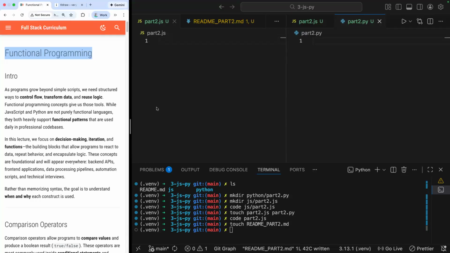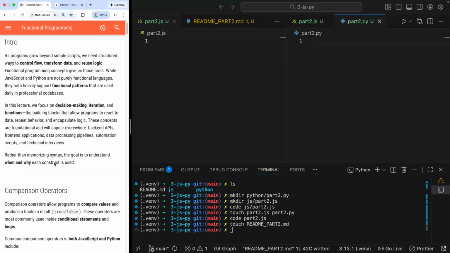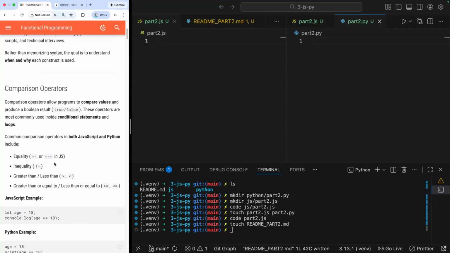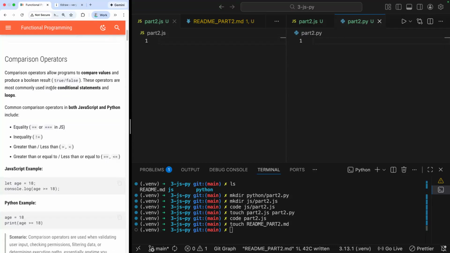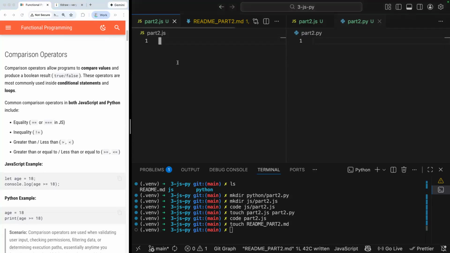So this is about how do I transform data? Once I have logic to say calculate a user's age, how do I reuse that logic? And how do I control what my program does and when? And we're going to see patterns in our code that we can use. And we're going to see how we can use things like looping and conditional logic to help us build well-designed programs and build up these building blocks. So we're not going to dive too deep into syntax, but we're going to understand the how and the when of it. And first up is